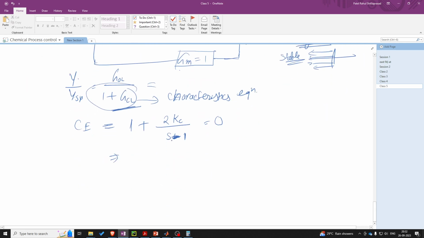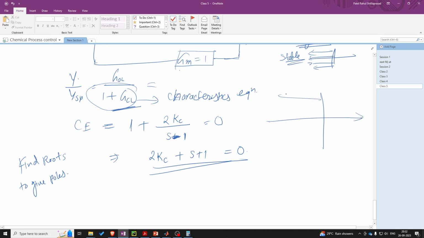I will simplify this further in order to find the roots, to give the poles of the system. That is basically 2 Kc plus S minus 1 is equal to 0. Now for this system to be stable, we studied that roots should lie on this half of the plane. That is, S should be less than 0. For that to happen, we can say that the value of S over here is